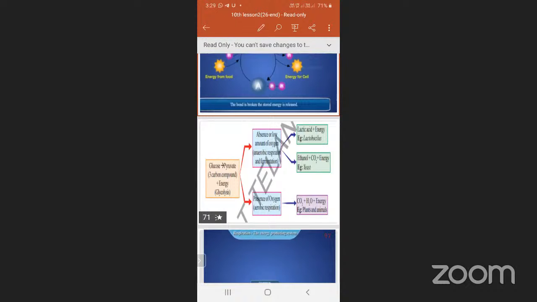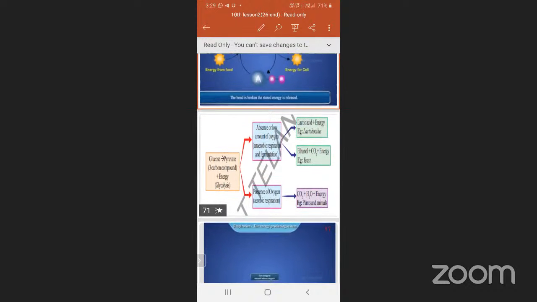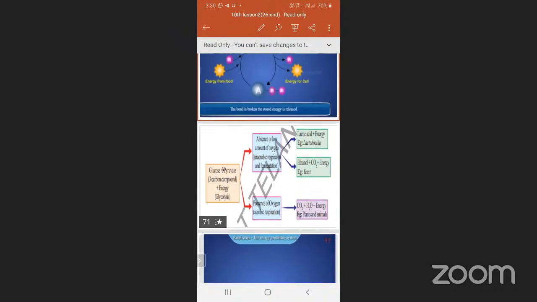As you know, you are very familiar with this lactobacillus bacteria. When you add 2 spoons or some amount of curd to lukewarm milk and keep it aside, it goes through the anaerobic respiration process, and produces lactic acid and releases energy also. That's why curd is sour in taste, and the lactobacillus bacteria release energy. So in that process, lukewarm milk is converted to curd when we add a sample of lactobacillus bacteria